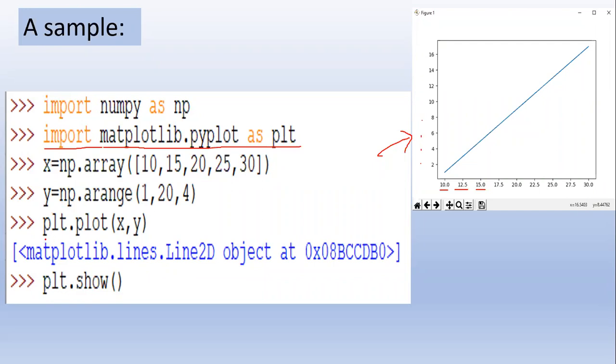So what you have to write is plt.plot(x, y). That's it. So this will be your output for this. To see the output of matplotlib, you have to write show. Ignore this message, this blue line message. Next.